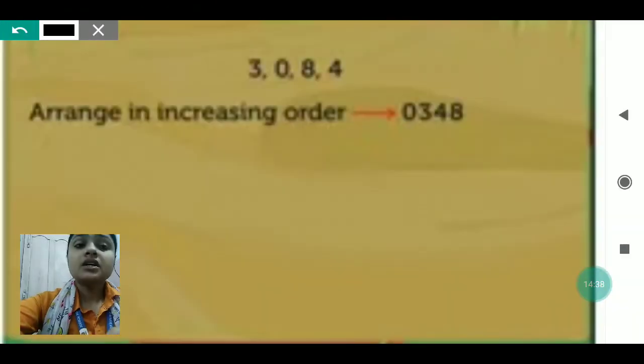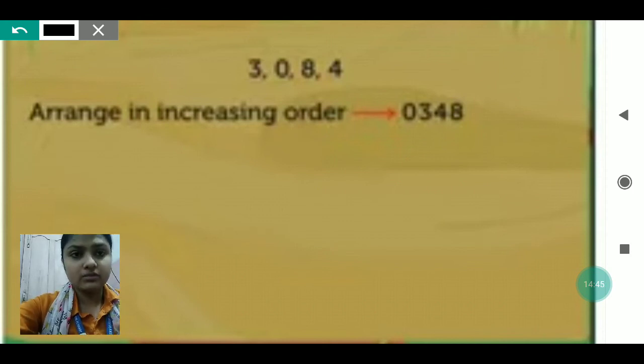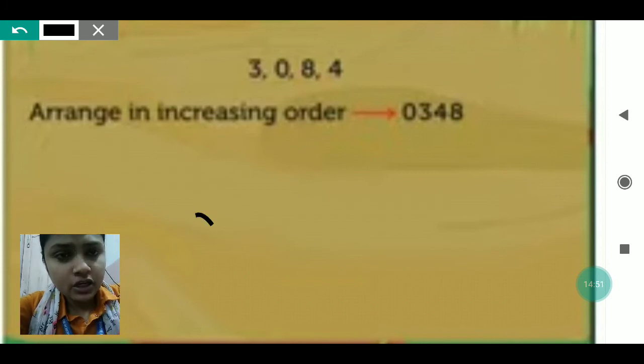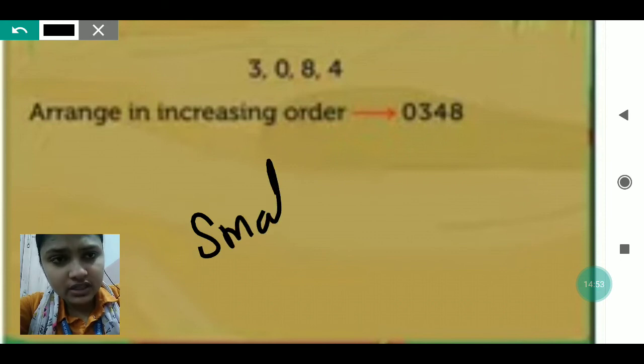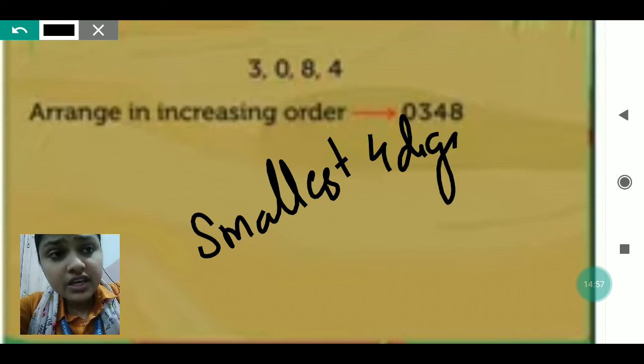You can see 3084 is there. You have to write this number in increasing order, means from the smallest you have to form. By using this you have to write the smallest 4-digit number with this digit. So when we are writing the smallest 4-digit number, suppose if you will write